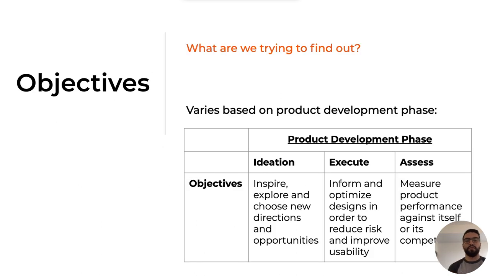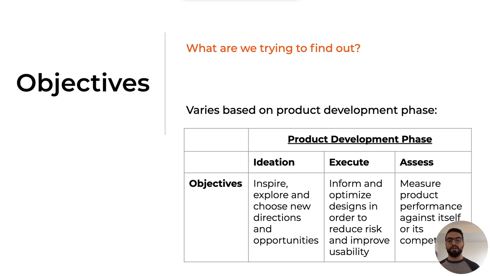So I think one of the first things that you really have to understand is what your objectives are. What are you trying to find out? Objectives for user research may vary depending on the life cycle stage of the product. In the early life cycle, the ideation stage, you're there to explore new directions and opportunities you can take the product. Versus when you're on the execution stage, your objective is different